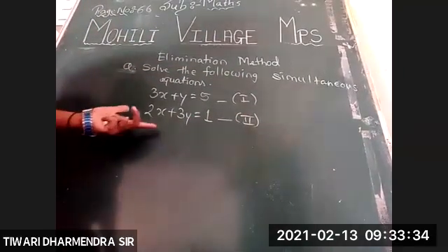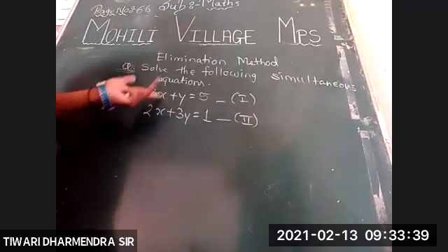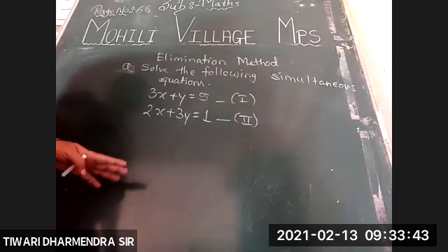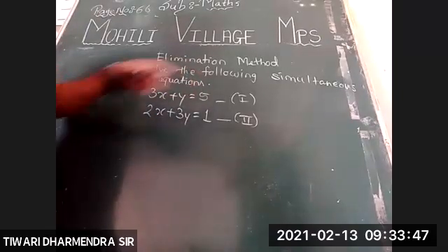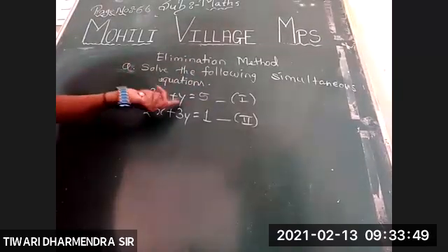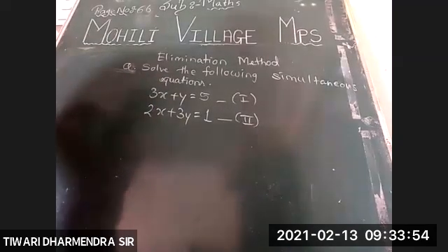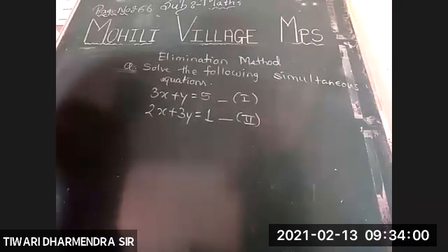So here we are having two equations and two unknowns or two variables, you can say x and y. They are asking us to find those two numbers such that this condition holds. If you substitute those two values here, they should satisfy the condition of the right hand side, which is 5 and 1. And it should be simultaneous, at the same time. So we need to find those two numbers.